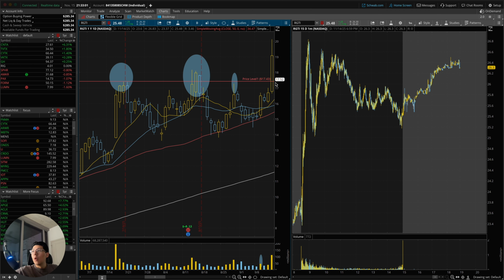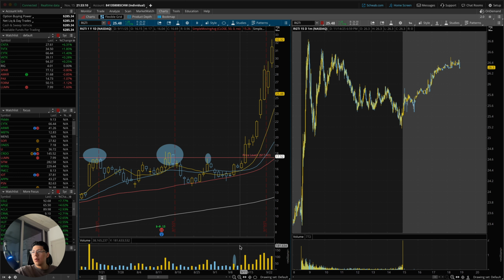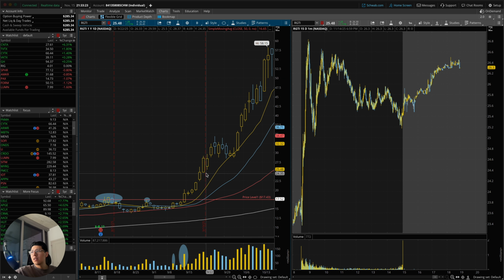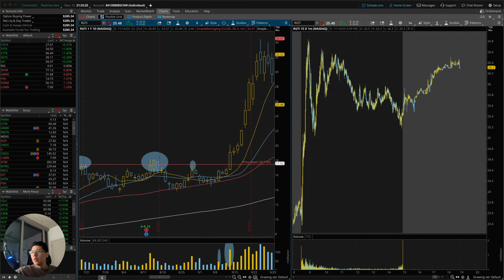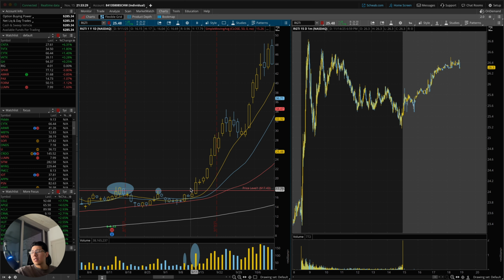And then once we broke this structure right here at 1743, as you can see right here, the volume. I mean, you already told me about it, but you can see right here the volume. It's as clear as day that the volume is just insane compared to the other days. So I said, you know what? I'm gonna enter, and I think I entered with no more than $3,000-4,000, and I was able to make like $6,000. I think I entered with like three, something like that.